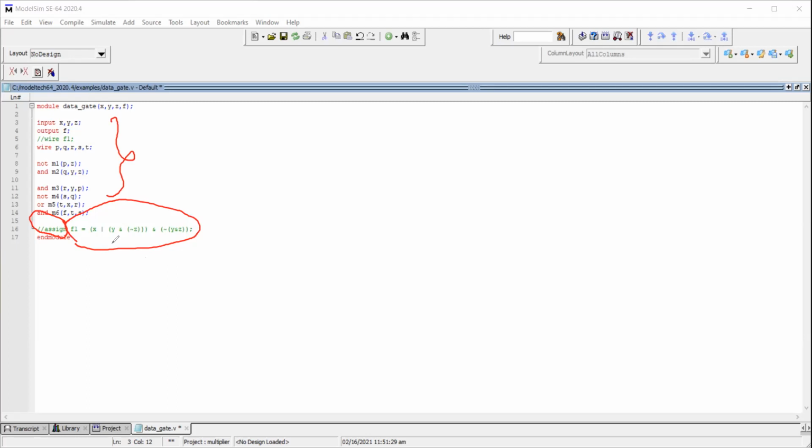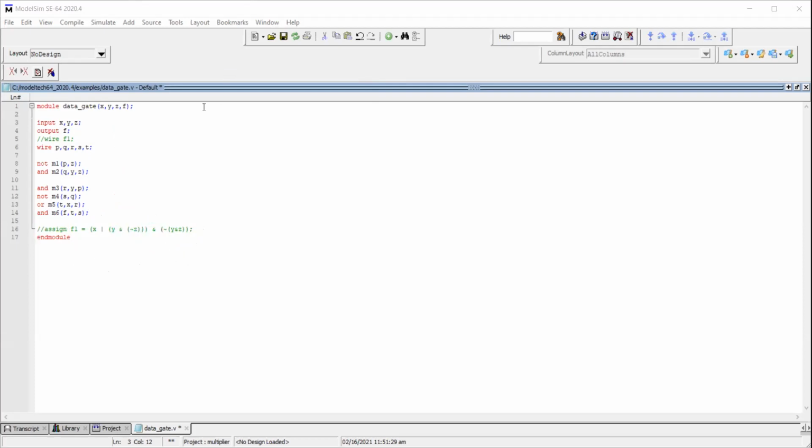We have the expression x plus y into z bar, and with y into z whole bar. Here, x is ORed with y and negation of z, and next AND operated with the negation of y and z. This is a simple Boolean expression.